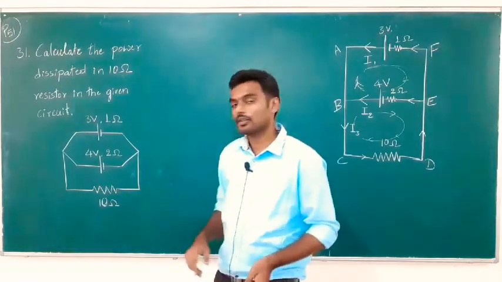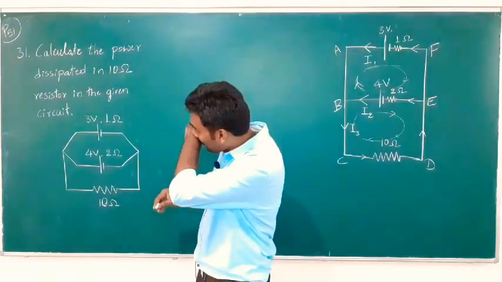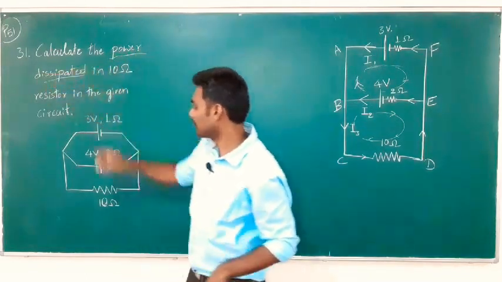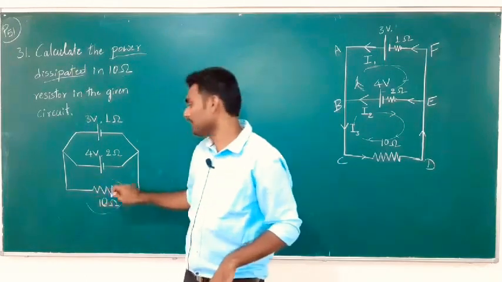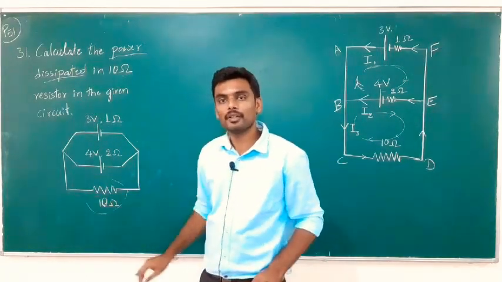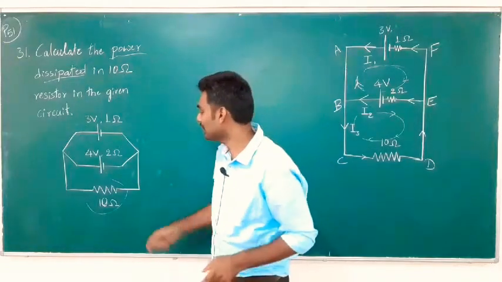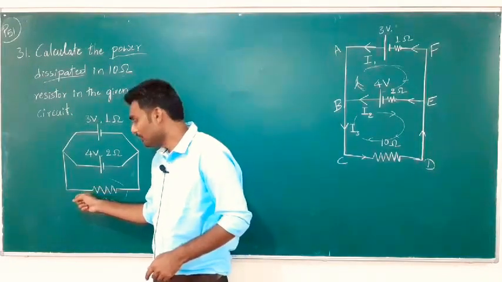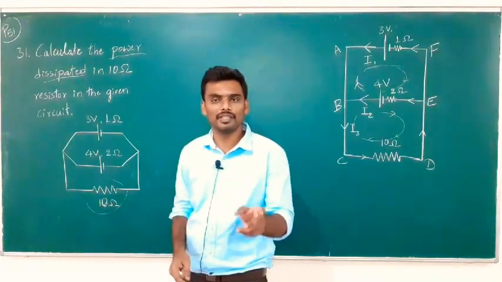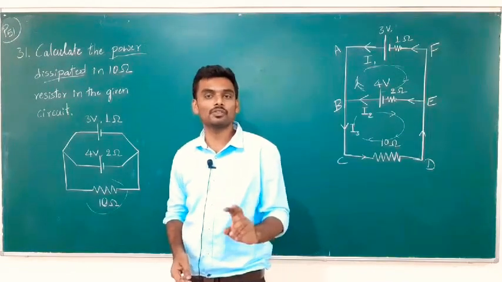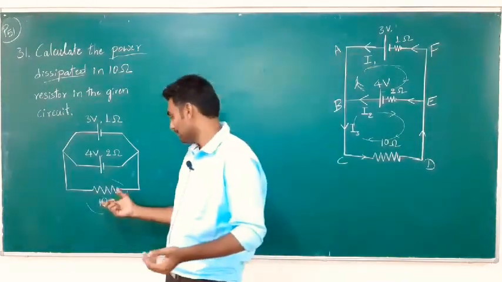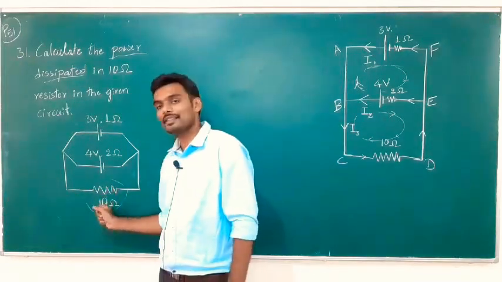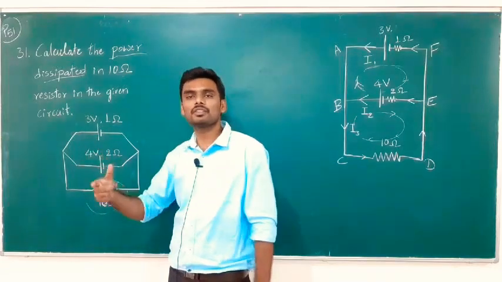Now this circuit can be solved, not the complete circuit. The question asked is power dissipated in the 10 ohm resistor, which means power dissipated in the external resistance. Power dissipated can be found if we have the current through this resistor, right? Because the formula of power is P is equal to VI, P is equal to I squared R, P is equal to V squared by R. And if I can get either the voltage across this or the current through this, I can easily get the power dissipated. So I'll go with current.